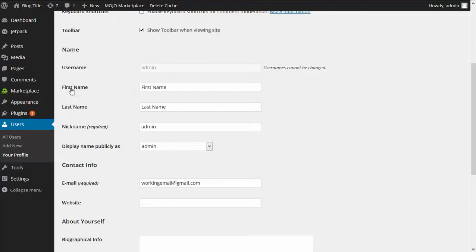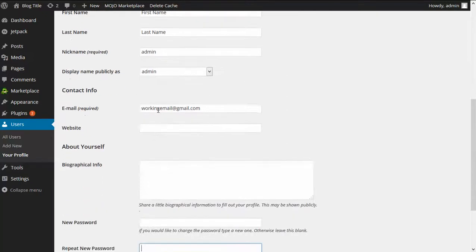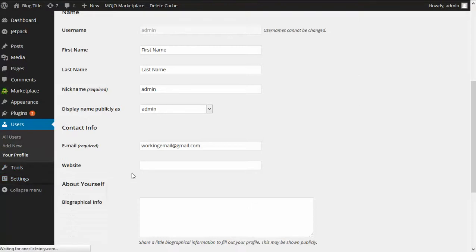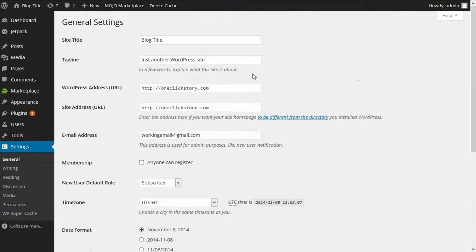You can also update your first name, last name, also your email here. There's one more setting. Go to general. Okay, and here you can give a blog title and your tagline. Make sure to include your keywords here because this is highly important for SEO purposes.